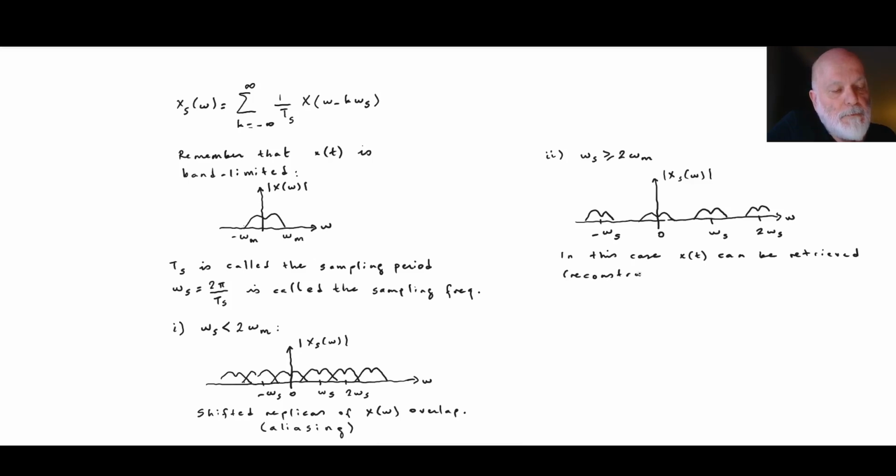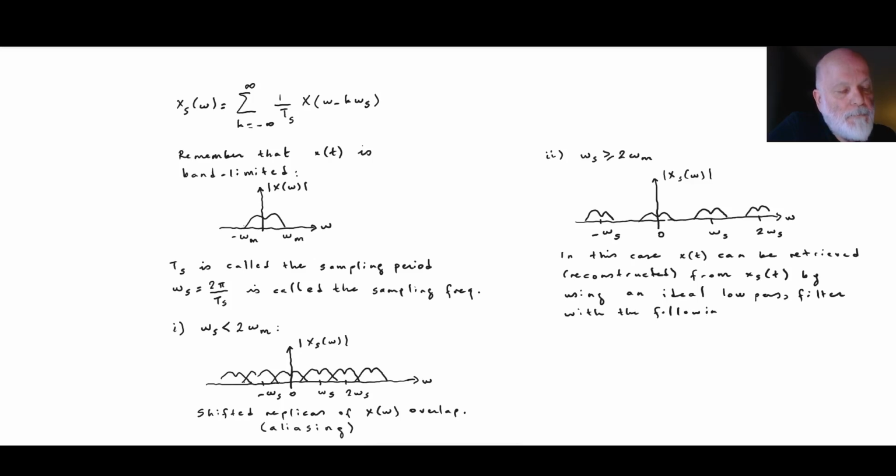Reconstructed from xs of t, or from its samples, by using an ideal low-pass filter with the following frequency response. Remember, frequency response is the Fourier transform of its impulse response. H LPF, representing low pass filter, of omega, is equal to,